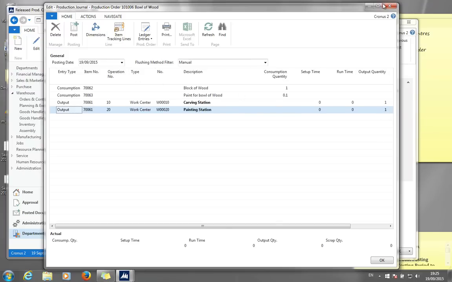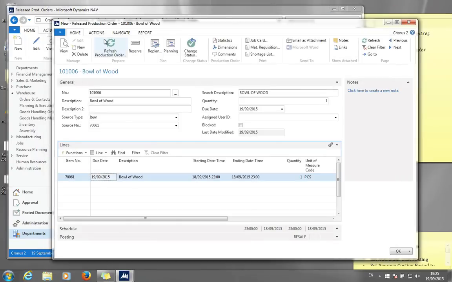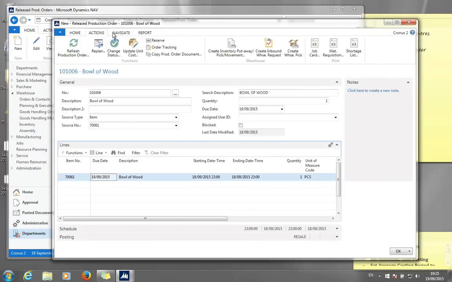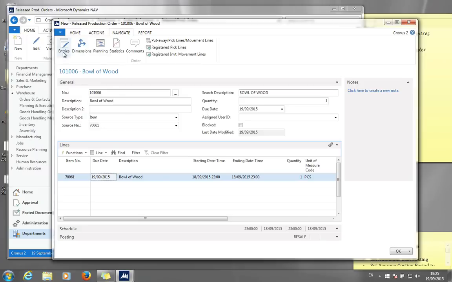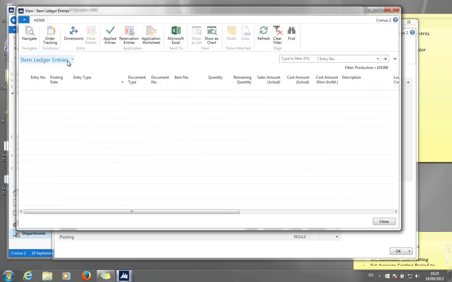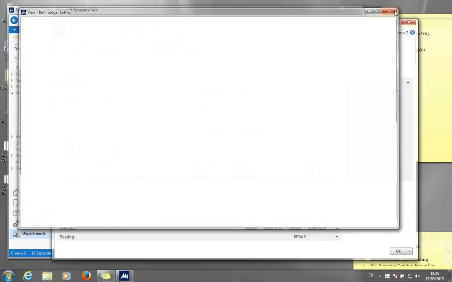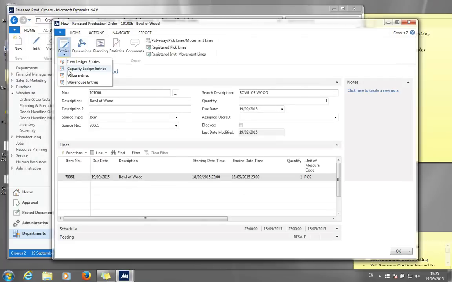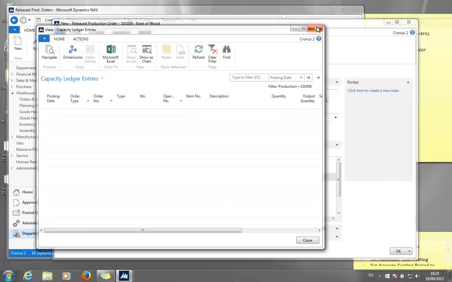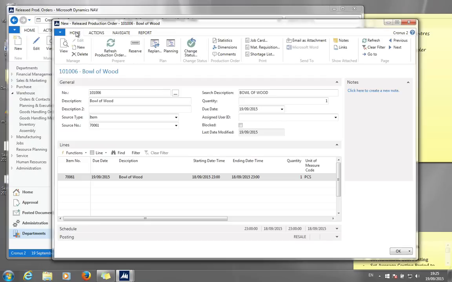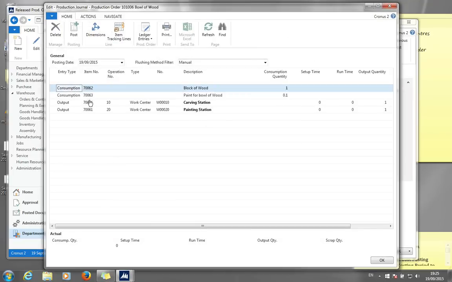So just before we post this, let's just for the educational value of it, let's just go to the entries and see that we do not have any entries yet. So nothing has been consumed and nothing has been put on inventory. We actually also do not have any capacity ledger entries. So if you go back here to the line and click production journal and post this,